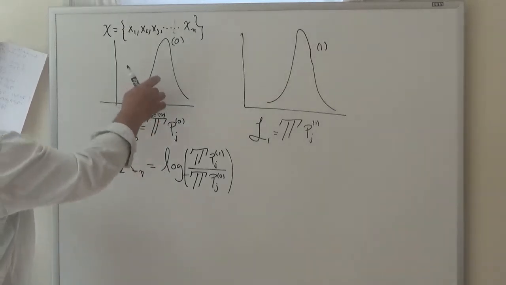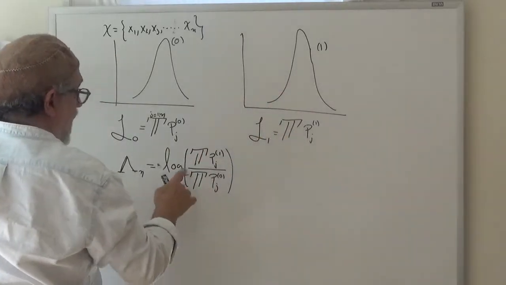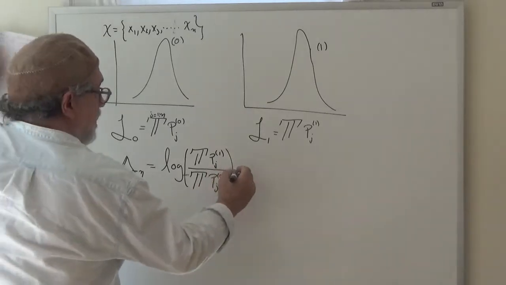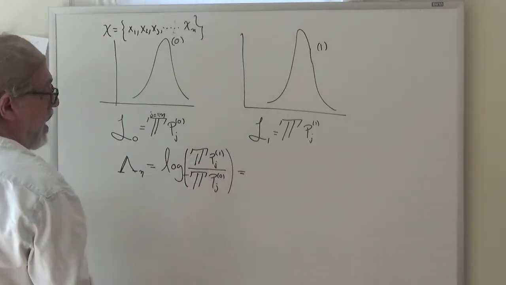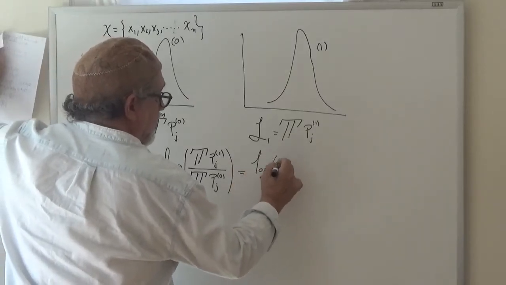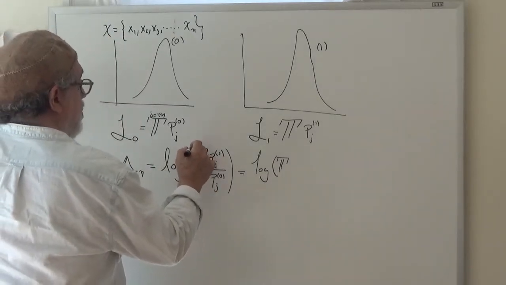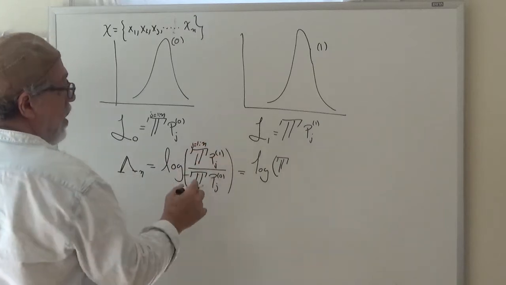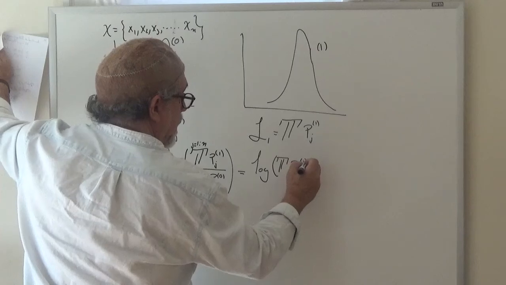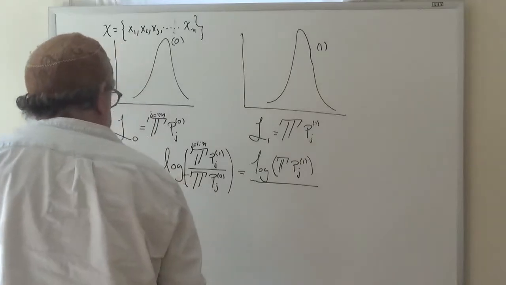Anyway, we have the likelihood for the distribution 0 for that data, the likelihood for distribution 1, the ratio of the likelihoods, and we take the log. Now all we have to do is a little bit of math here, because you know that the log of a ratio is going to be what? The log of the numerator, that is the log of the product, with j equals 1 to n, not divided, minus